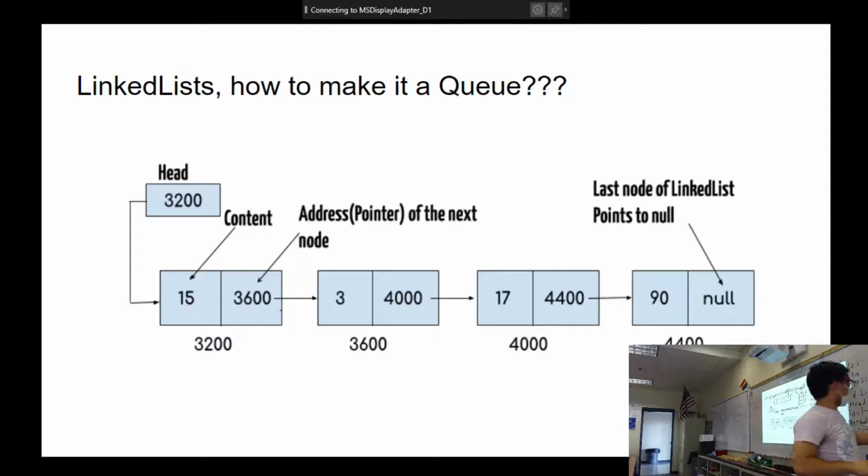So now, where does our add go? To the tail. We add data at the back because we're adding to the back. And where do we remove from? The front. The head. First piece of data in is going to be the first piece of data out. And we can keep hopping off the front, but we keep adding to the back. It's just like a line. People keep adding to the back of the line. People keep leaving because they finished the front one. So yes, now we've created a queue.